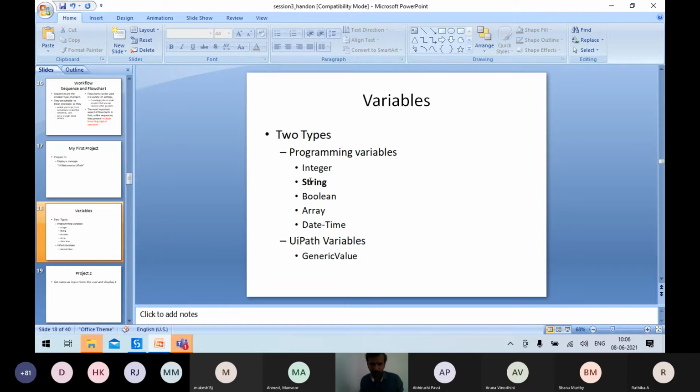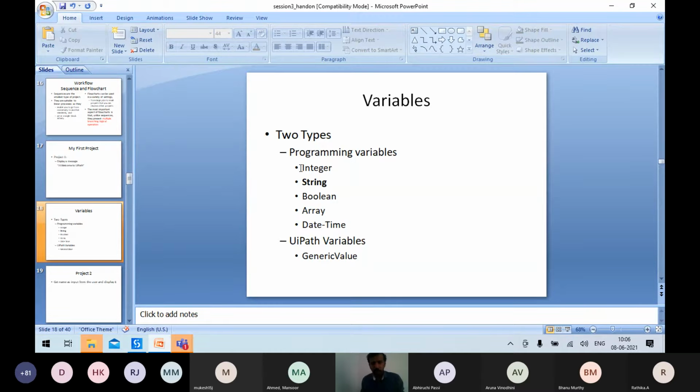We have integer, where we supply numbers; string, where we have characters; boolean, where we go for a true or false condition; array of elements; and date time, which will display the current system date and time. All these are normal programming variables supported by almost every programming language.